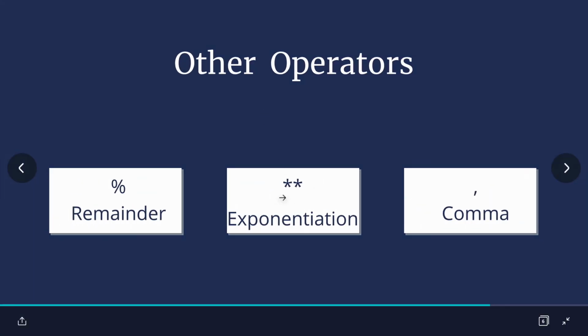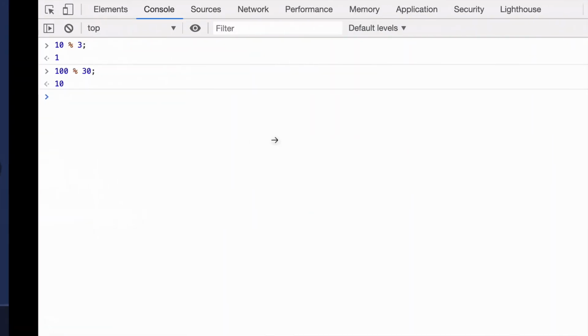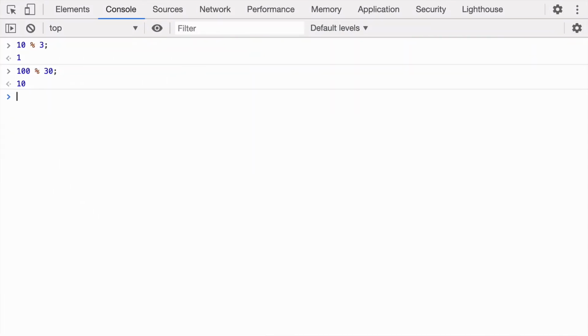The next operator is the exponentiation operator. So the exponentiation operator is used something like 2 star star. We use double star for the exponentiation operator and we pass 3. What the exponentiation operator does is multiply 2 by itself 3 times.